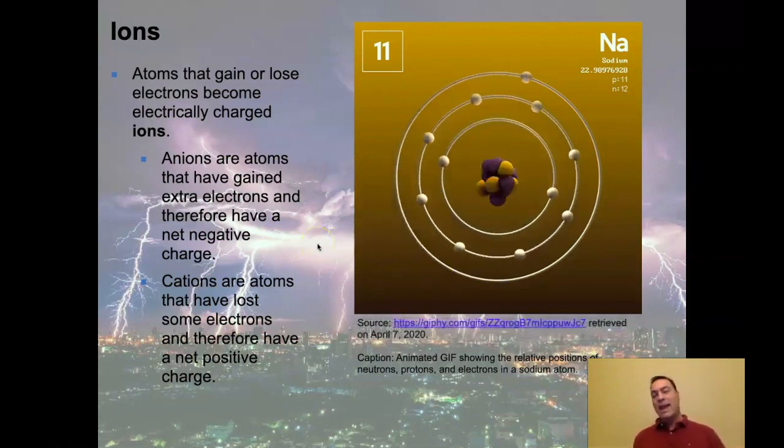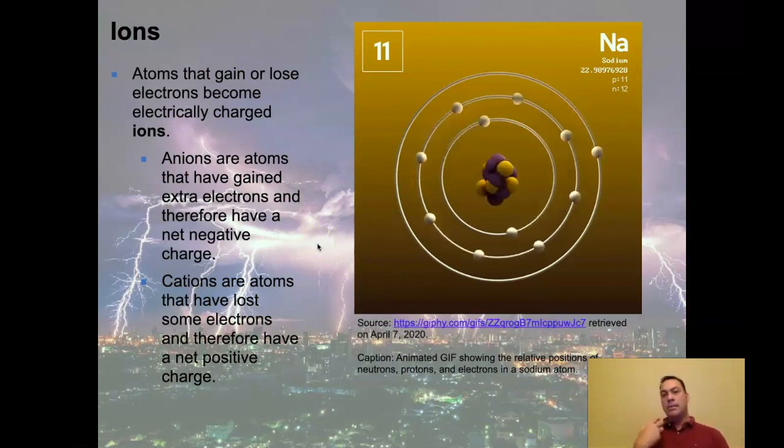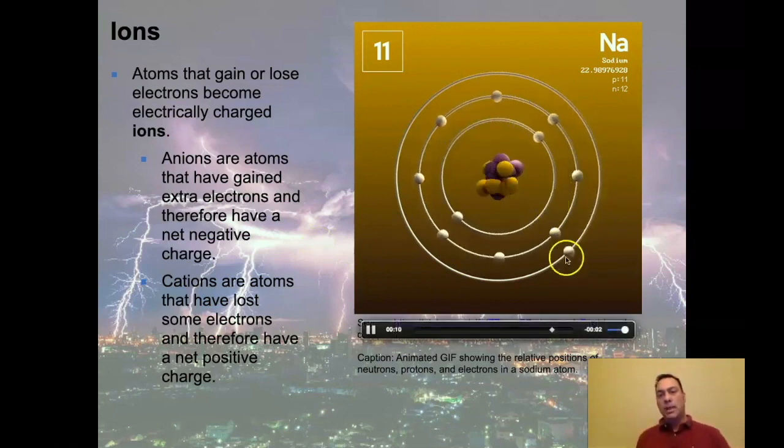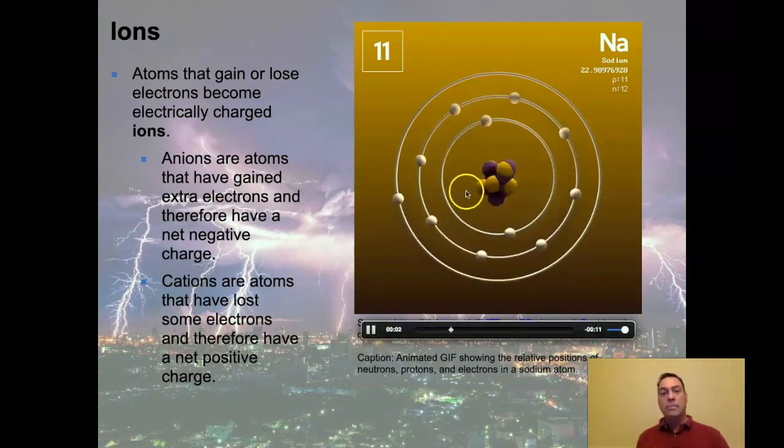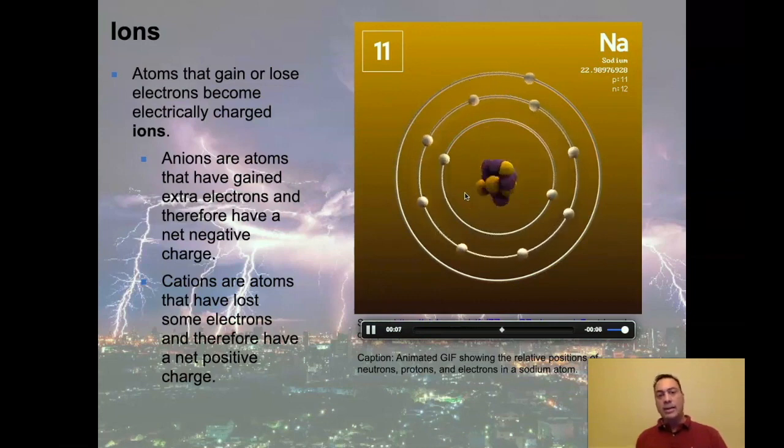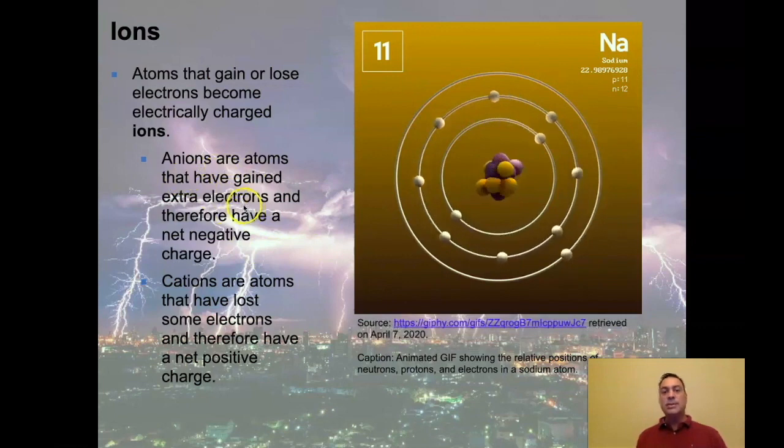So when that happens, another atom can come in and give it a better home. It'll pluck this electron away, and then all of a sudden we'll have an electron imbalance. And so when that happens, you get something called an anion or a cation. So an anion are atoms that have gained extra electrons. This is an atom that has come in and said, I have extra room, I'll go ahead and take on an extra electron, even though it makes me a charge imbalance, it's fine, I'm happy to take that electron.